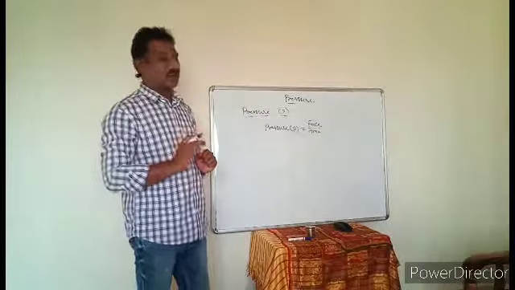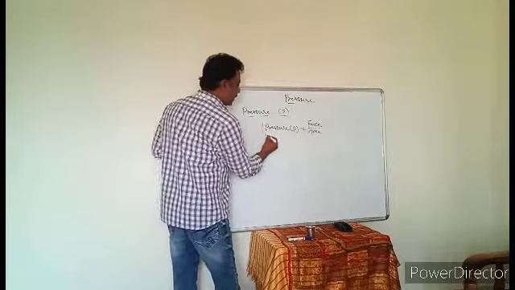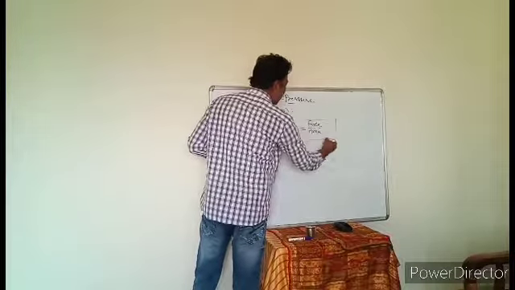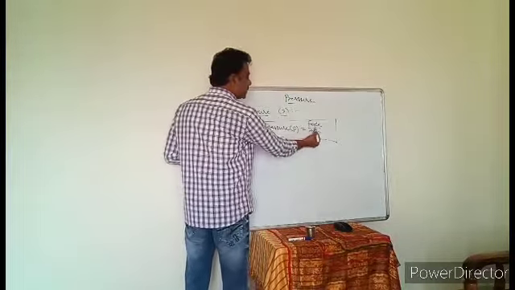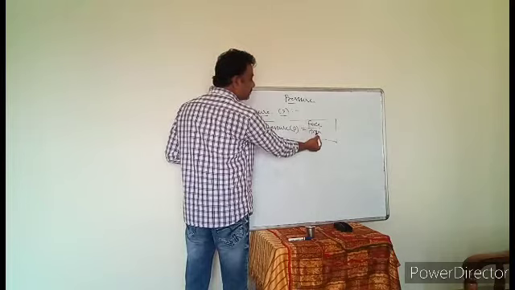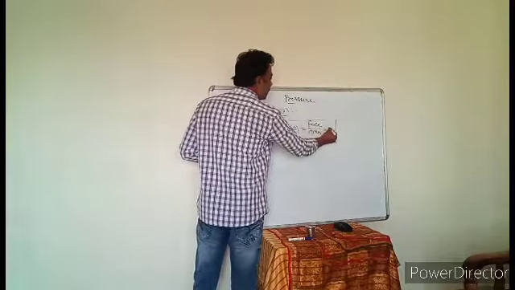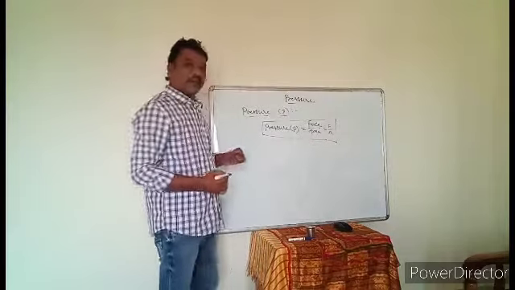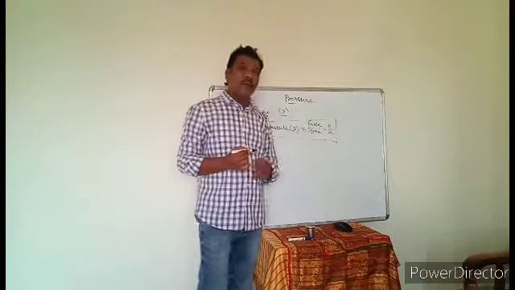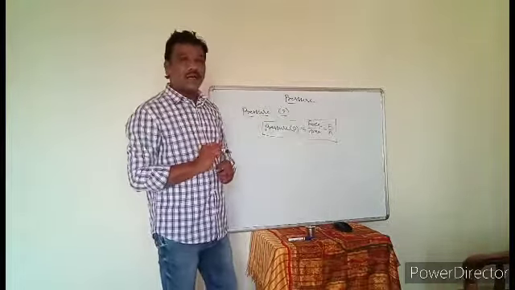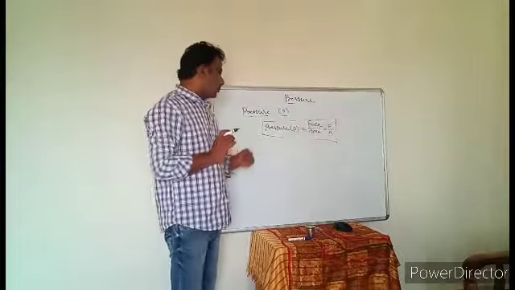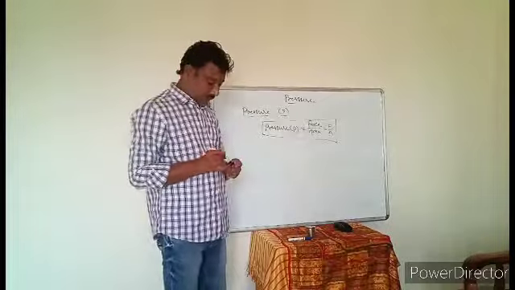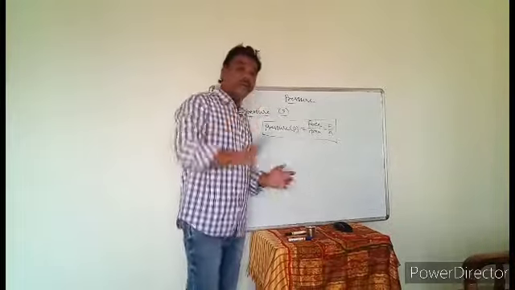This is the definition, and pressure is denoted by the letter P. The formula for pressure is force per unit area, force by area. This can be written as P is equal to F by A, where F represents force and capital A represents the area of the object. Now, what is the meaning of this definition? Let us see. Force per unit area means what?